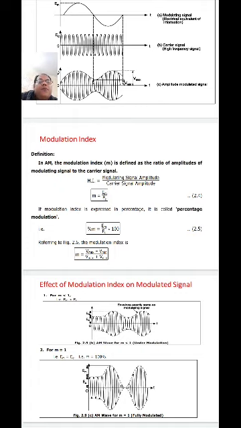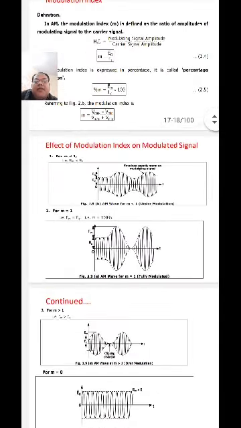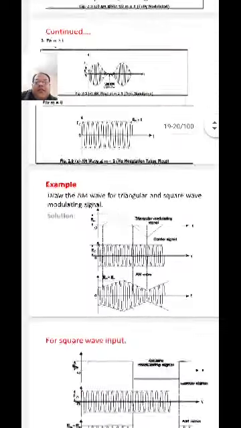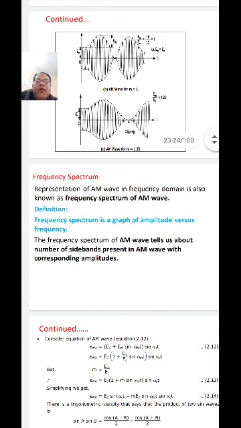The modulation index is equal to the ratio of the modulating amplitude to the carrier signal amplitude. It is very important. If it is 100%, then the quality of the signal is 100%, and this is called perfect modulation. If it is 110%, then it is called over modulation, and if it is lower than 100%, then it is called under modulation. That is defined, and it can be seen in the diagram here. What is the role of the modulation index? Okay, then